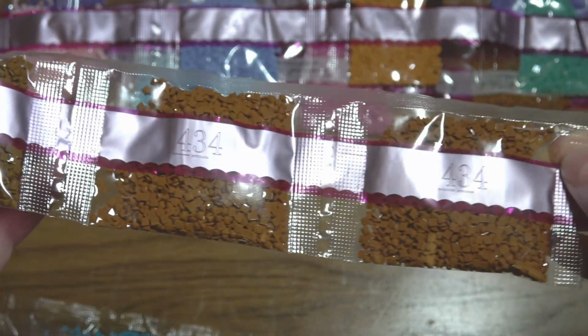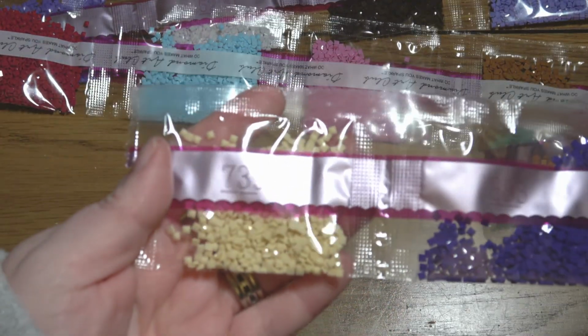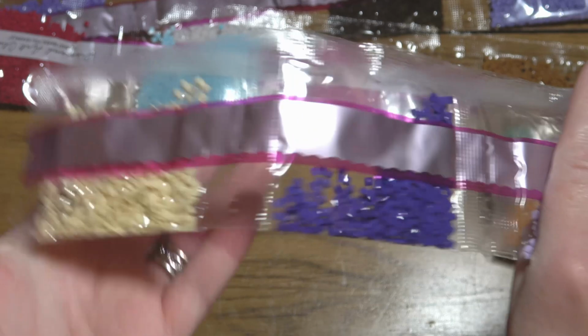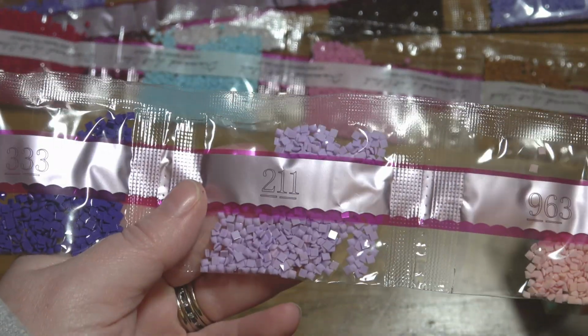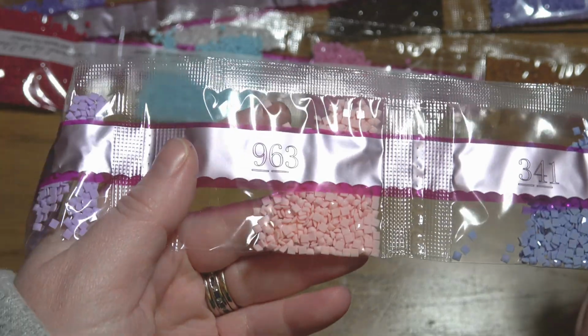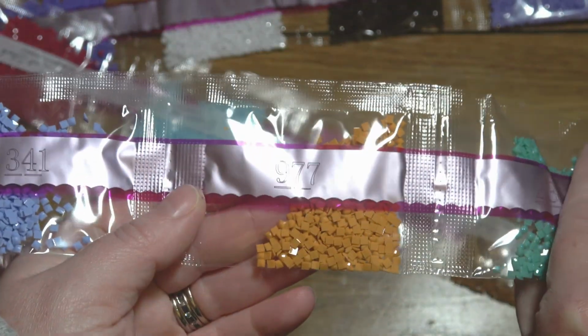434, 2 bags of that one as well. Right, onto the smaller bags. So I've got 739, 333, lovely shade of purple there, 211, 963, 341, 977,